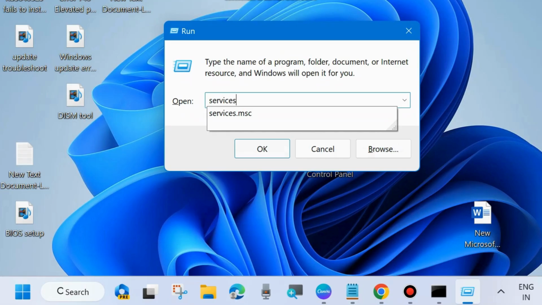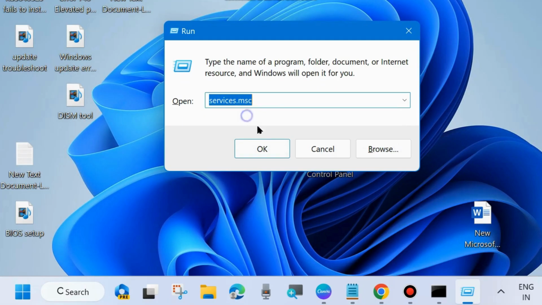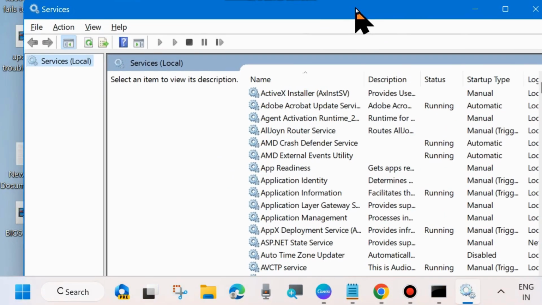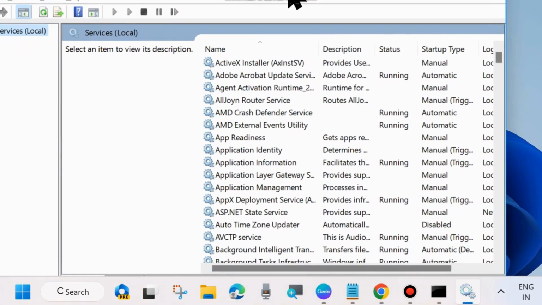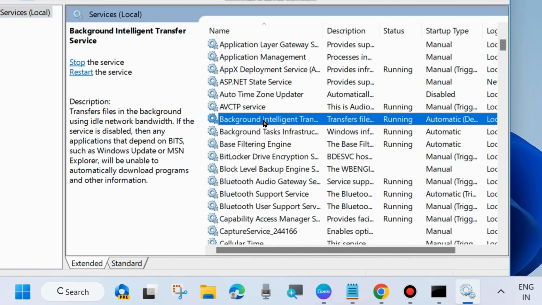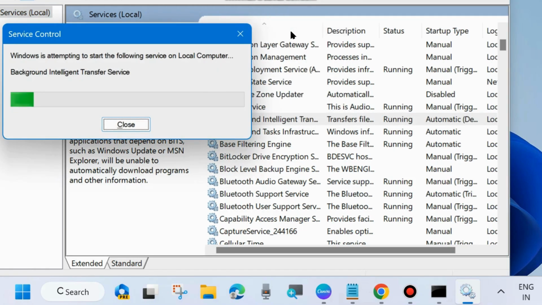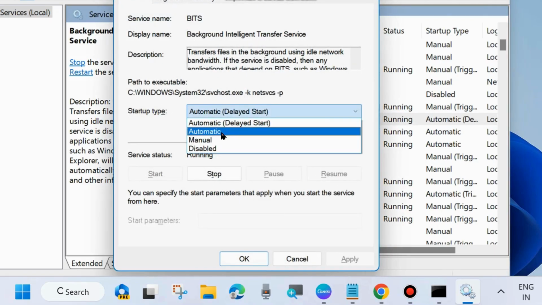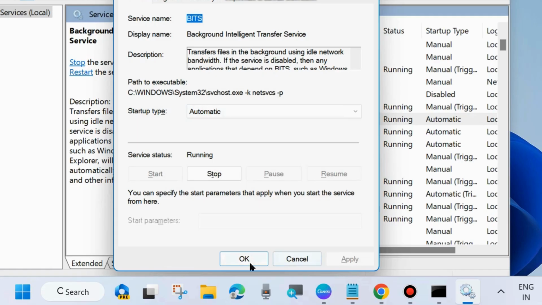Here in the run dialog box, type services.msc. This command will open the services window in your system. Click on OK. The services window will now open. Here you will have to start or restart Windows update related services, and the first one is Background Intelligent Transfer Service, BITS service. Right click on it and choose start, otherwise restart it, and thereafter double click on it to open its properties and set the startup type as automatic, and finally choose apply and OK to save